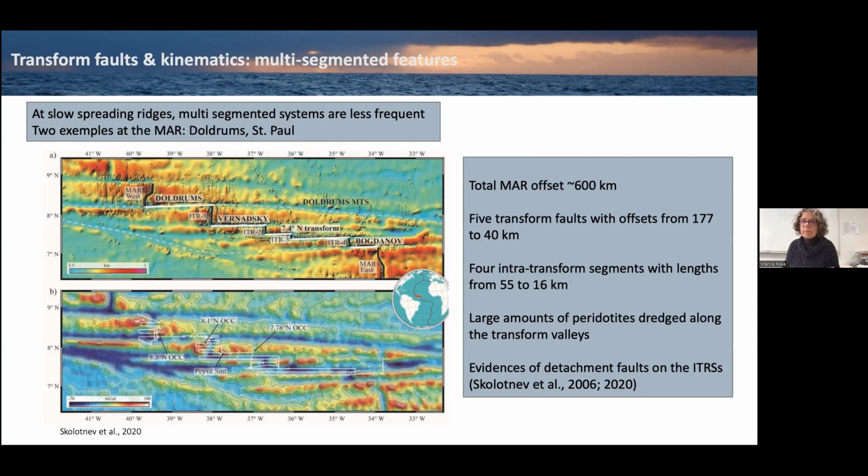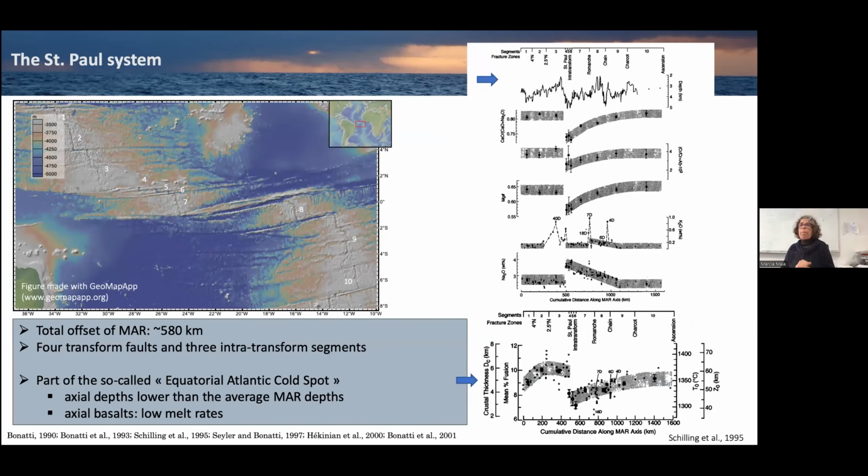So now if you look at St. Paul, the second example of these multi-segmented features, the total offset between the north of the system and the south of the system is about the same, 580 to 600 kilometers. And this offset is accommodated by 4 transform faults that separate 3 intra-transform segments. St. Paul is part of the so-called Equatorial Atlantic cold spots, which is characterized by